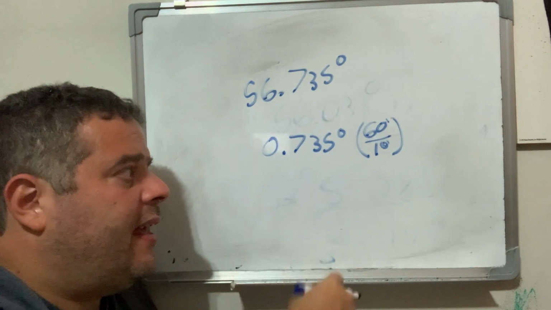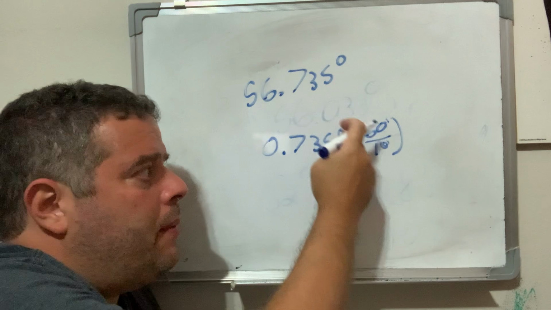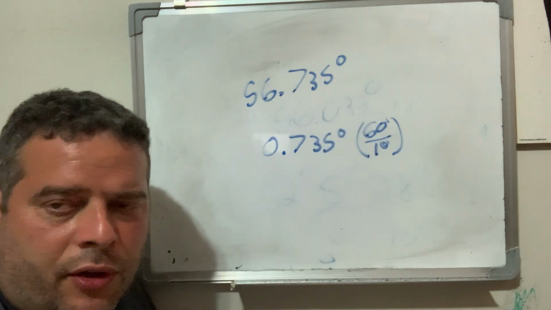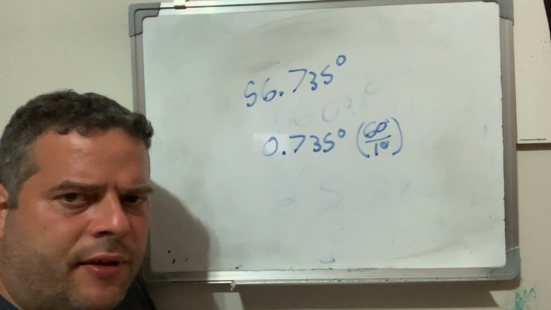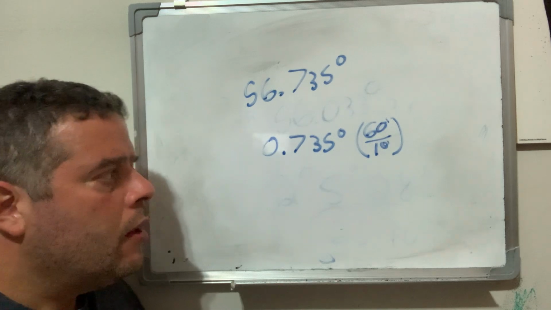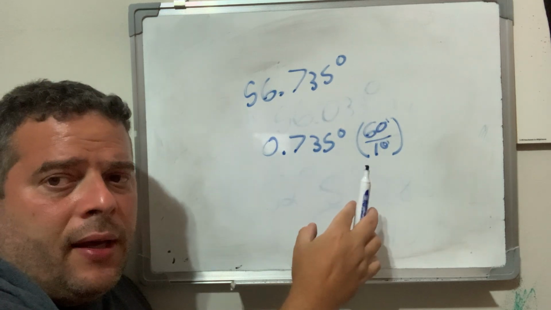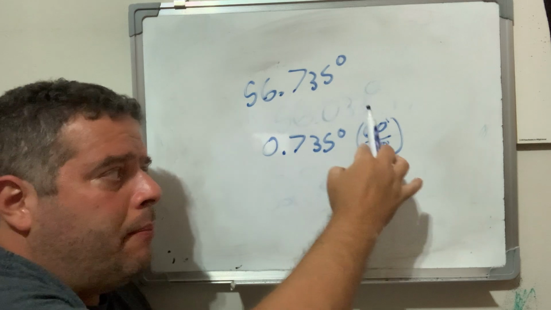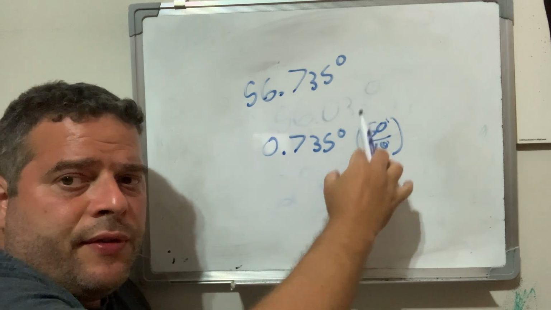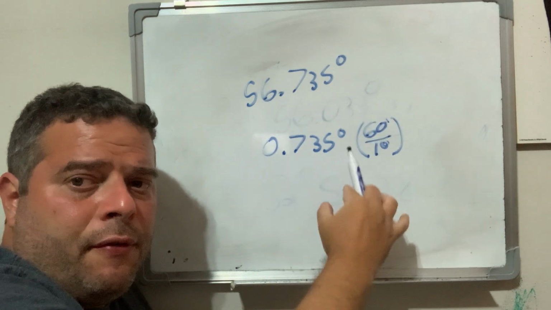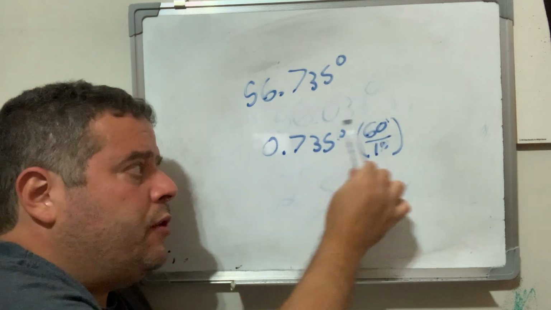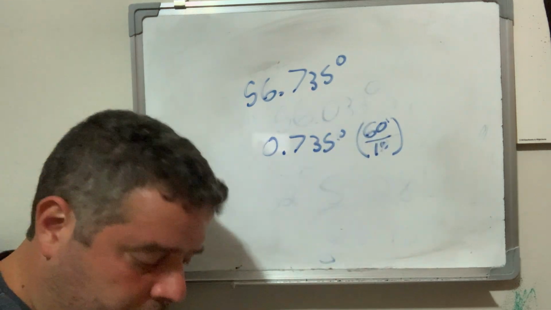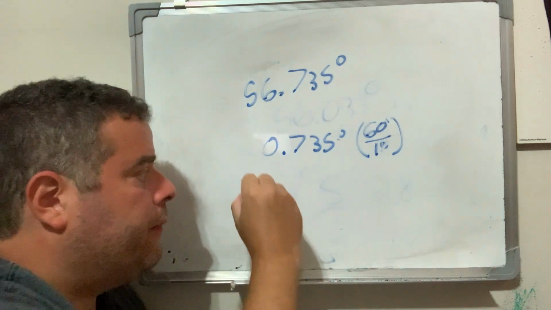And in order to cancel units, they have to be in the denominator, so these units would cancel each other out. We'll go over that in actual class and intro to physics, a couple of other things. So all you have to do again, you multiply this by this conversion rate, which is 60 minutes every 1 degree. The degree units cancel out and you multiply. And what you actually end up with is the following: